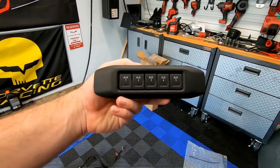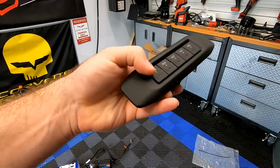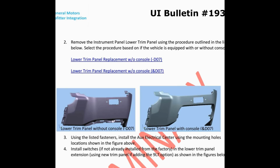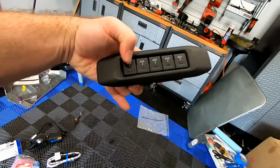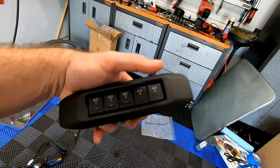And this is the newer switch. The other one was smaller. It didn't have these trapezoid, triangular shapes on the end. Where they put these switches is right under the radio. I'll have a clip picture here from the Upfitter guide. Basically this is going to be 4 switches, and then the 5th switch on the older